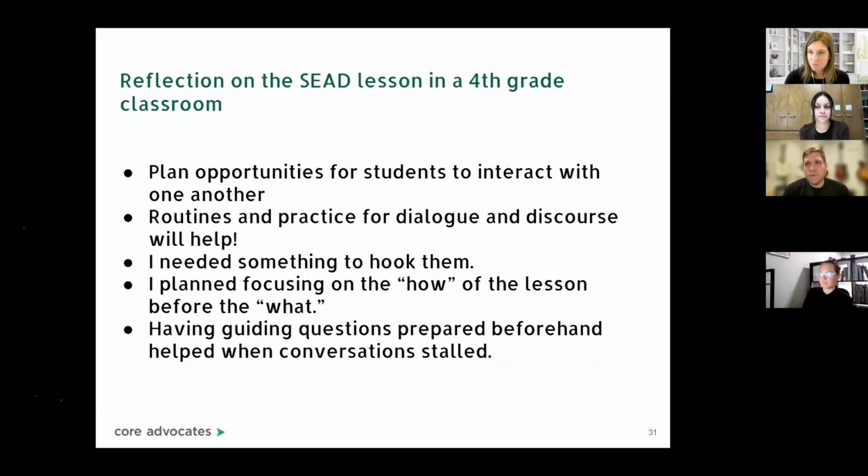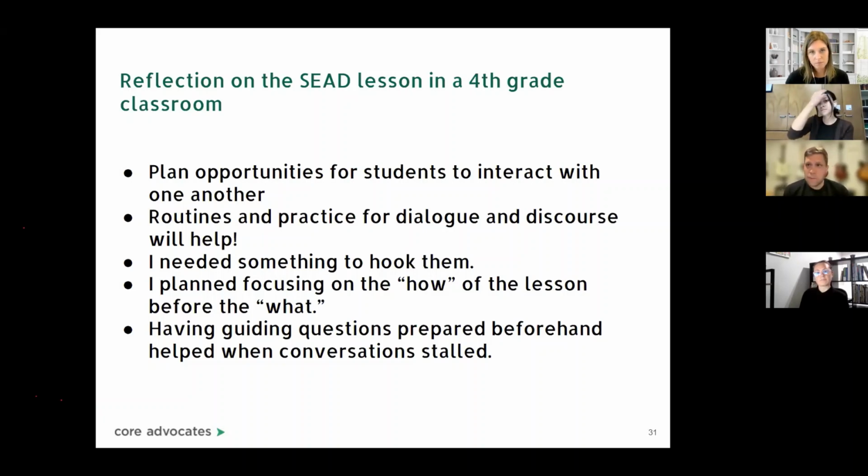So just some of the things I thought about in the reflection phase. I should also mention that I did use the entire template beforehand. I still reflected at the end, but I went through each of the components first because it was my first time using the template and I wanted to do that for the first time. I could see using it more as a reflection tool as I'm more familiar with it, but right out of the bat, I wanted to make sure I was hitting each of those points.